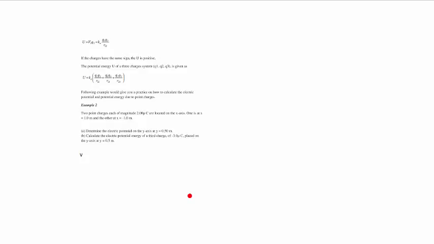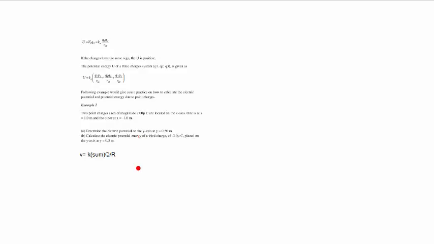Okay, so V will be equal to K and then the sum of Q over R. Okay, so it will be the sum of charge over the distance or the radius that is between them. So you can see for the first one, it will be V is equal to K_e sum of Q upon R1 is equal to,